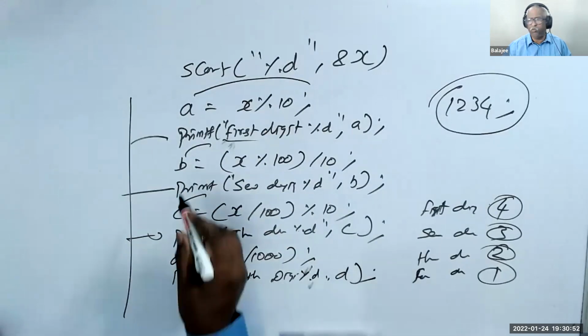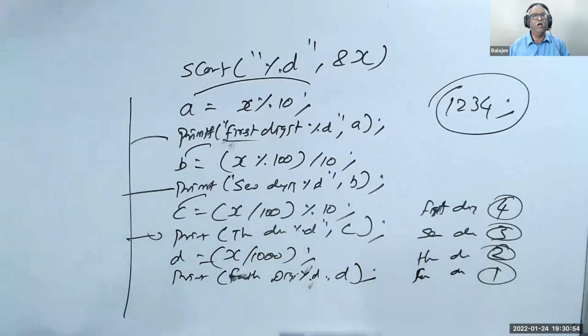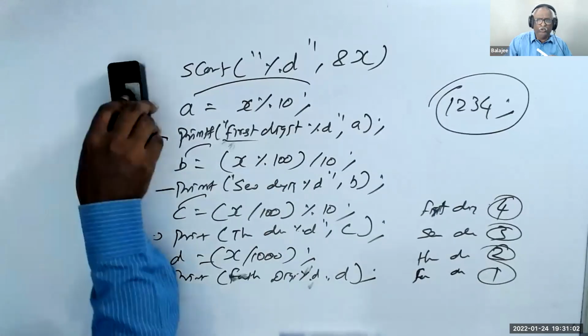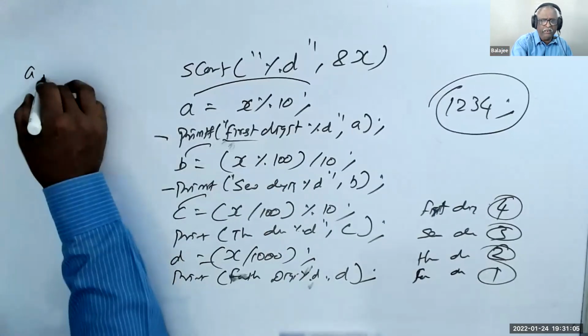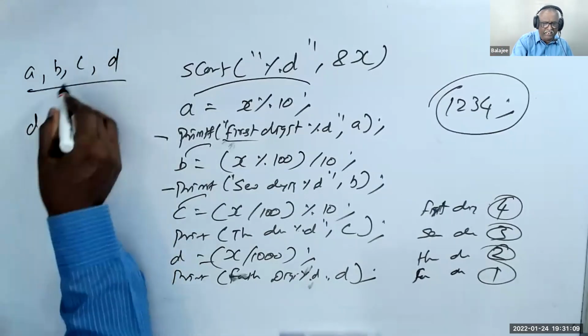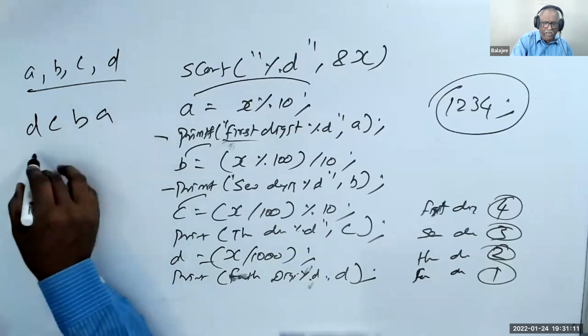Now you got it. The 4 prints will tell you that fine. Now you do anything here. A multiplied by 10, B multiplied by 10, and whatever you wanted to operate, you can exchange anything. Once you have A, B, C, and D, you can put them anywhere you like. You can write this as DCBA or ABCD,